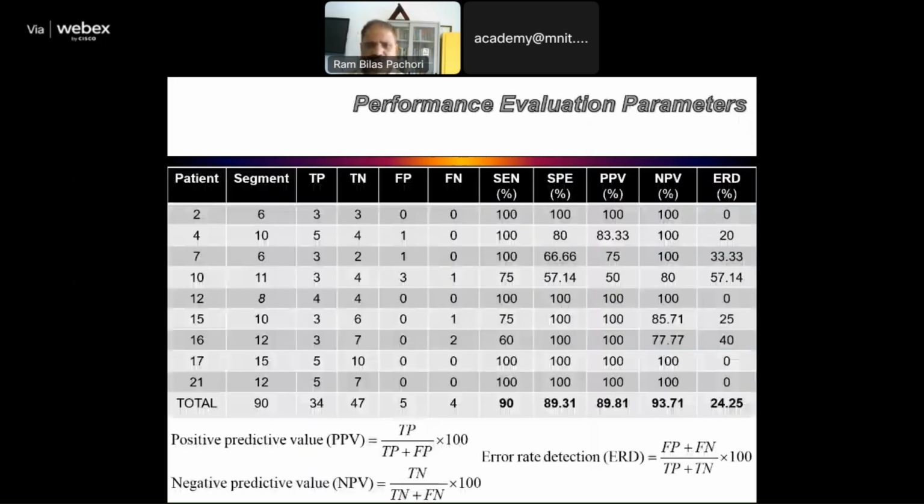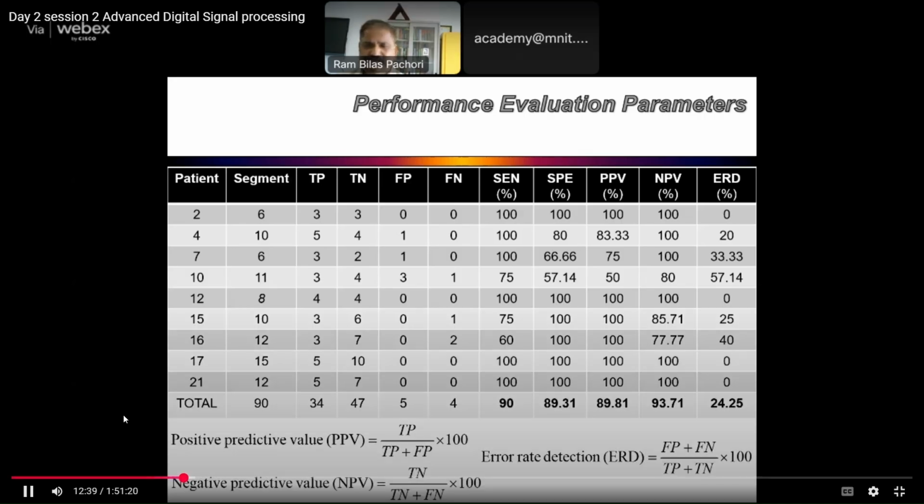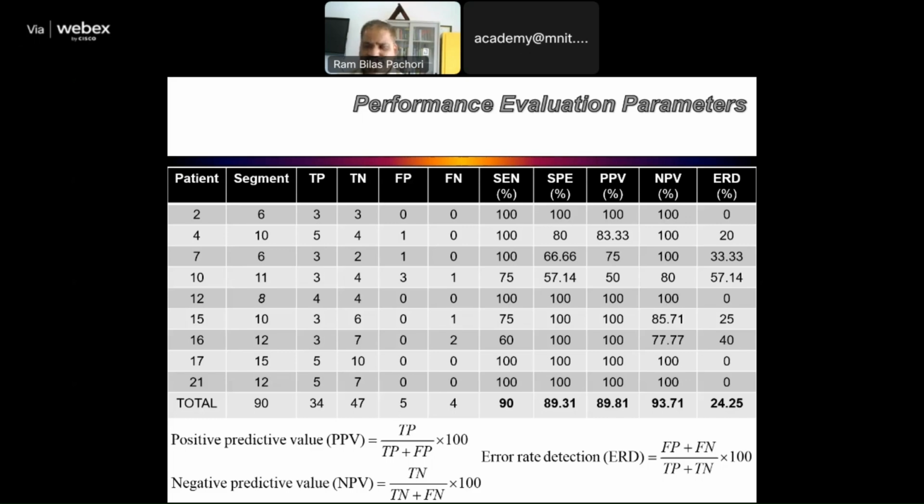So now we see performance evaluation parameters: patients, segments, true positive, true negative, false positive, false negative, and then sensitivity, specificity, positive predictive value, negative predictive value, and ERD, error rate detection. The mathematical expressions for sensitivity and specificity have already been provided in the earlier slides. For PPV, NPV, and ERD, one can see the bottom of the slide. And when you see